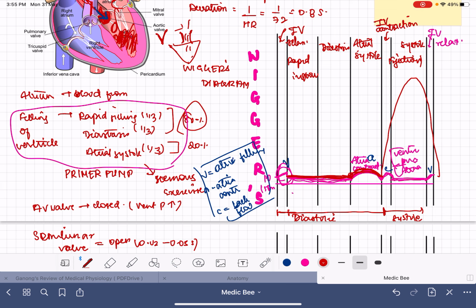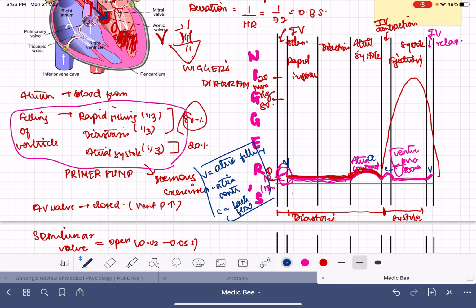So this is the pressure curve in the ventricle. As long as the blood is directly falling into the ventricle, there is no change. When the blood is pushed into the ventricles, there is a small elevation, and after that the pressure will grow so high when the contraction happens. The ventricular muscle contracts and the pressure will grow towards 120 millimeters of mercury. Here it will be 0. Here let's say 80. And now thirdly, we will see what is happening in the aorta.